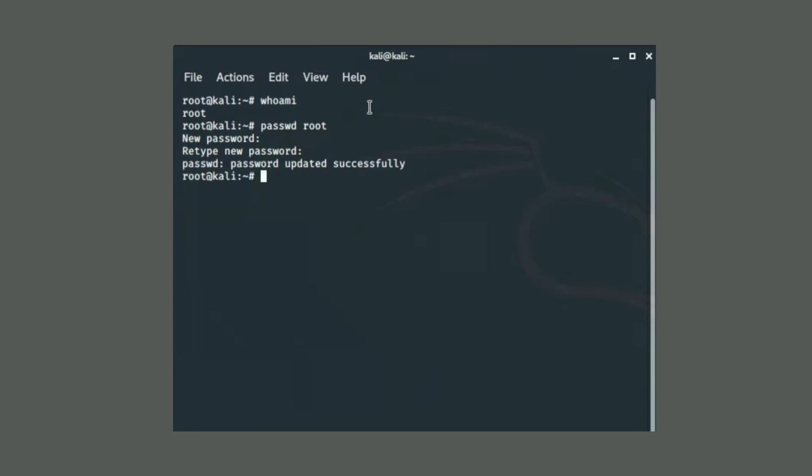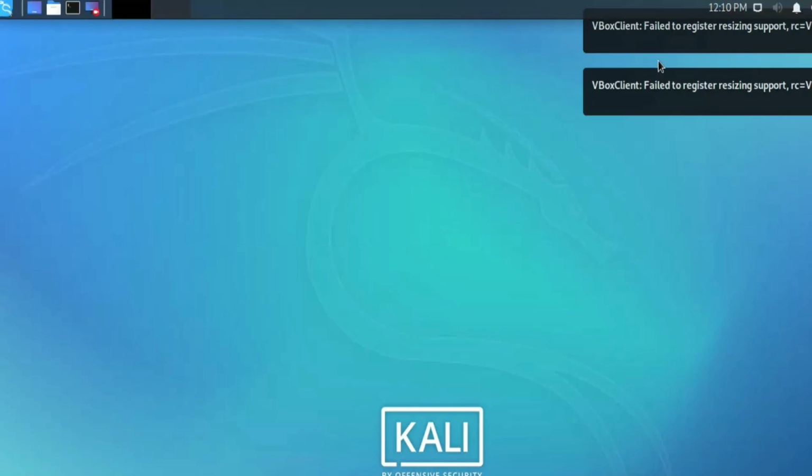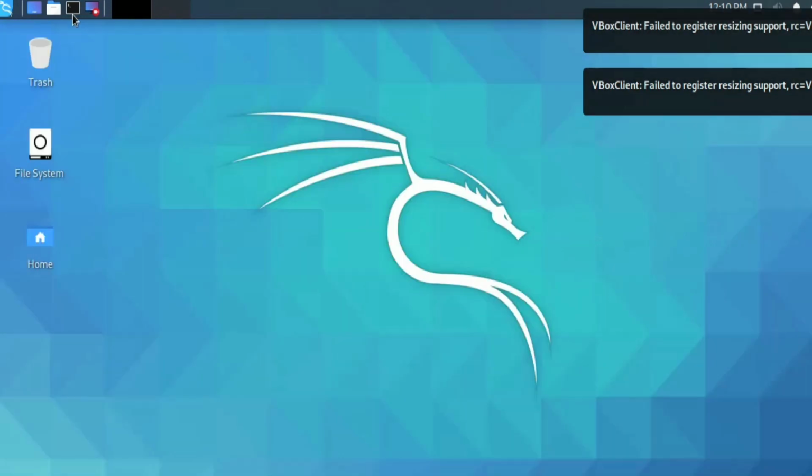Okay, so the root account is created, and I'll just exit from here and log in into Kali with the root username and the password. Let me start. So I'll log in as root with the password. I will show you this password when I crack it. I'll show one of the features, so you can see the default password which I have kept for the root